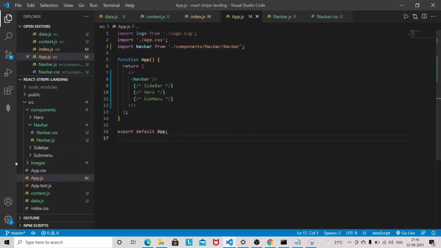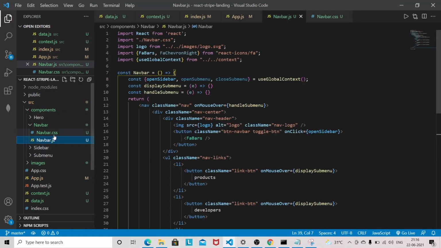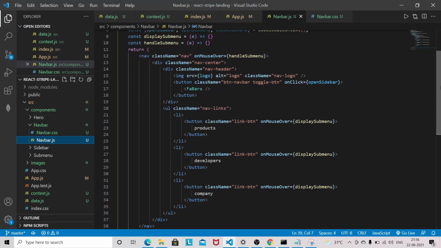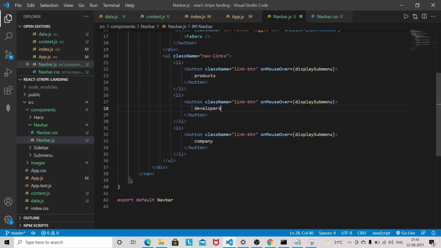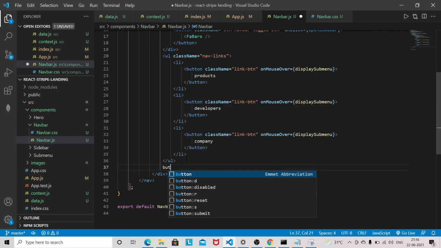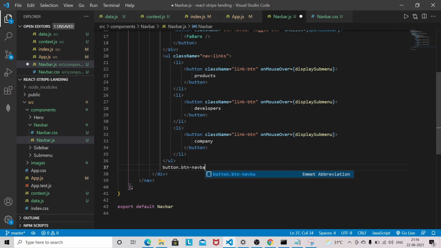For styling I will paste the CSS code here once I am done with the component. So after the ul we'll have a button with the class name btn nav bar, and the other class will be sign-in btn.